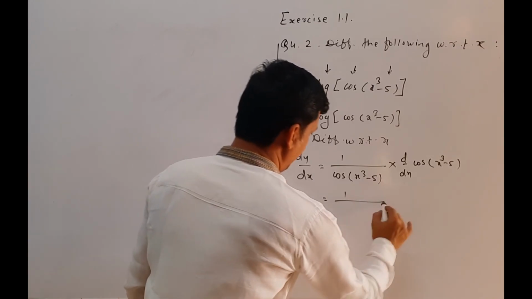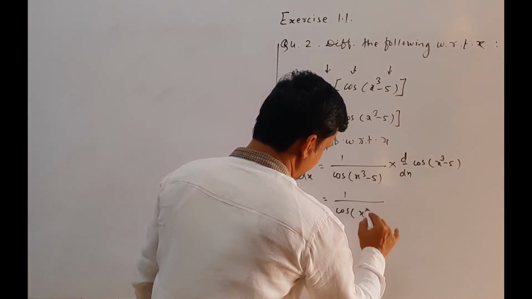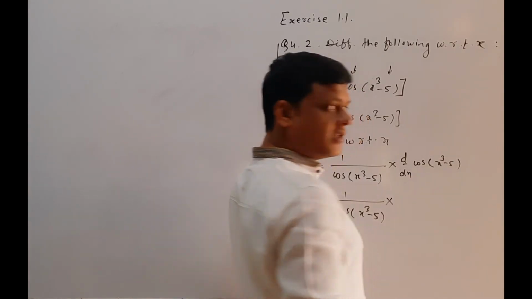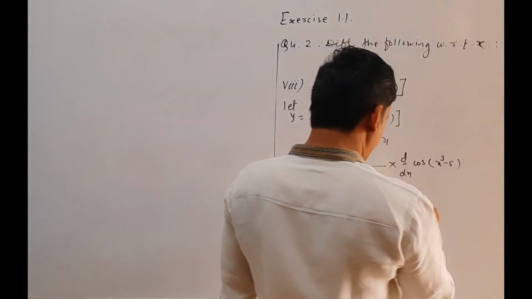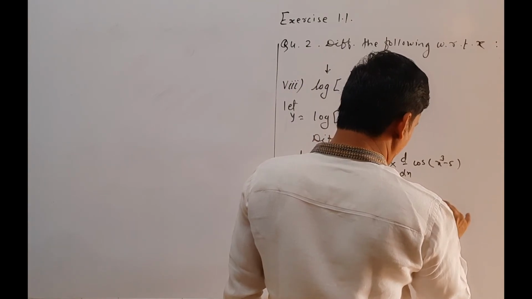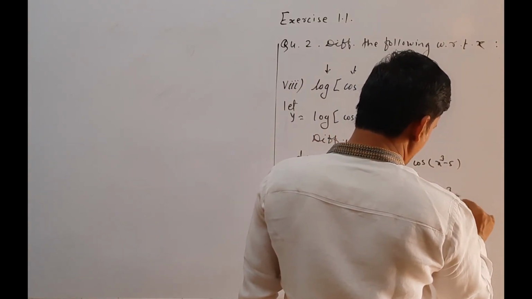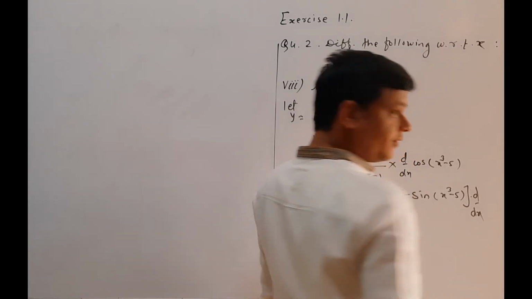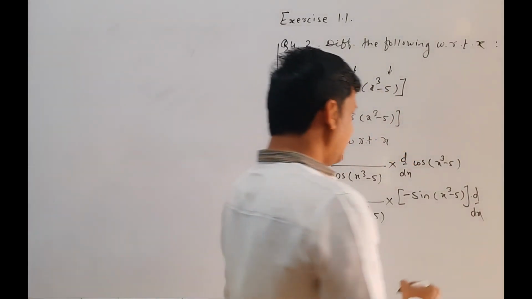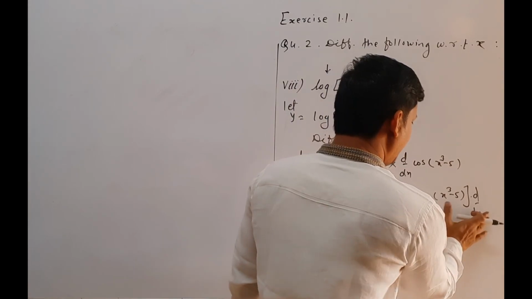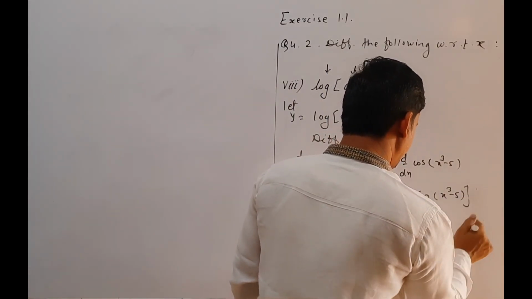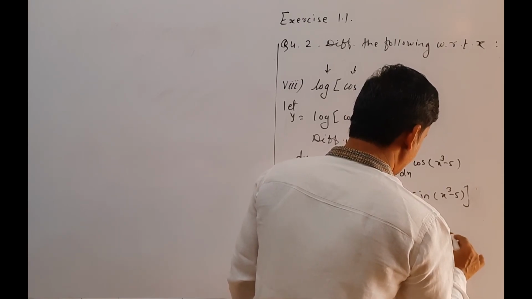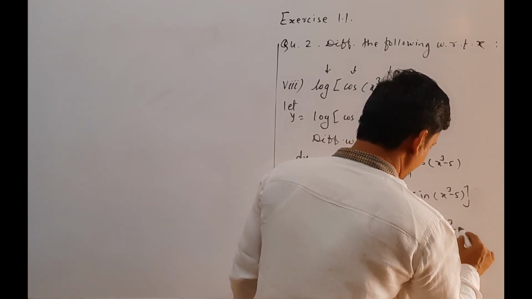So we write here 1 upon cos of x cube minus 5 into derivative of cos x is minus sin x. So we write here in bracket minus sin of x cube minus 5 into d by dx of. So here we have to find the derivative of this x cube minus 5. So we write here into d by dx of x cube minus 5,